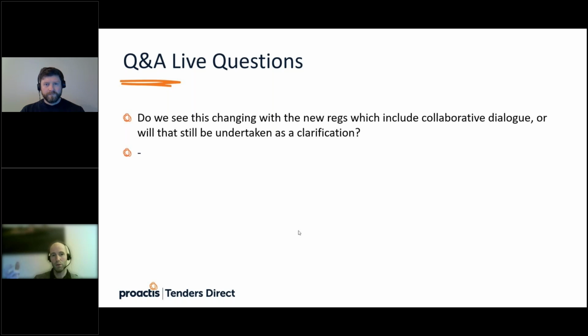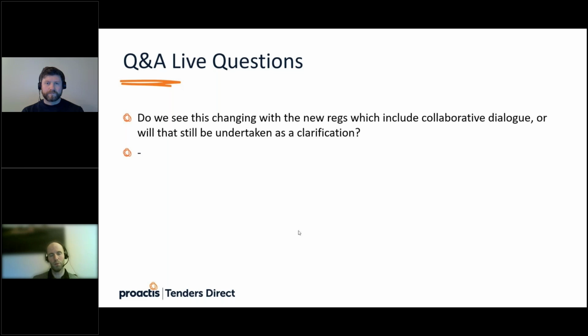And actually the grounds for that, or the process or the stages for that, will be clearly laid out within the tender documents before you decide to pursue that opportunity. So anything other than an open opportunity or an open procedure, you will see there will be a chosen procurement pathway that the authority is choosing to use, and it will clearly lay out what the conditions are or how that's going to work. And it might say that there are opportunities for dialogue or for meeting during that process, but it will be explicit.